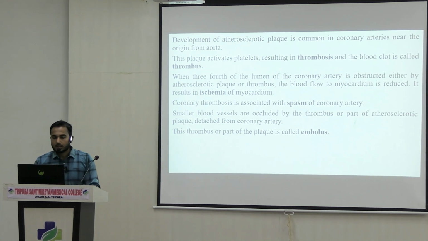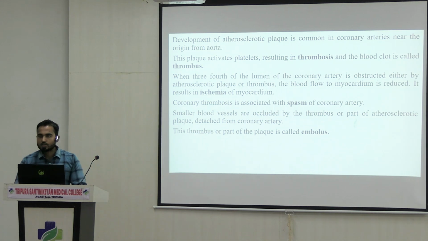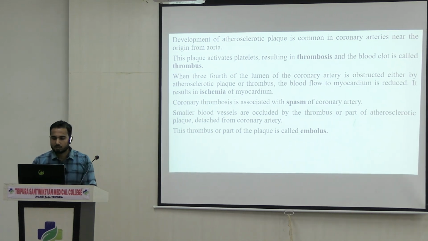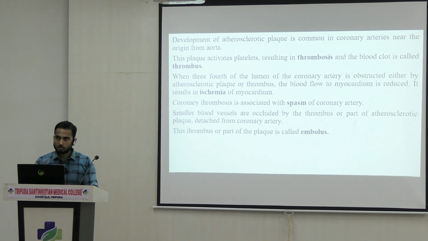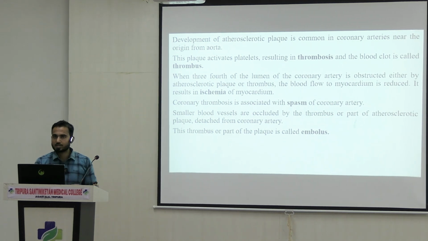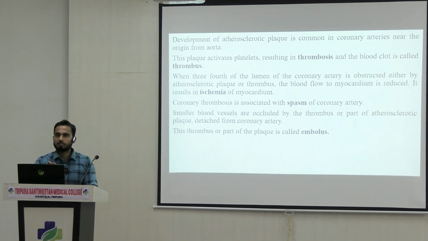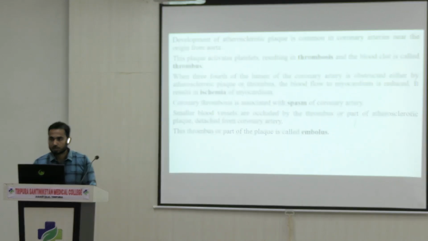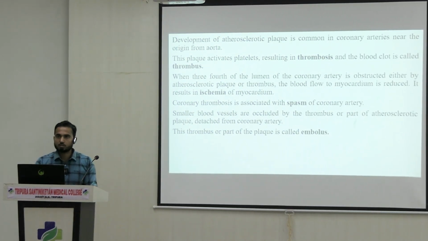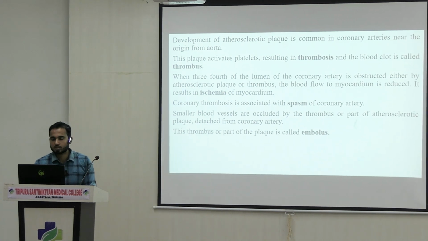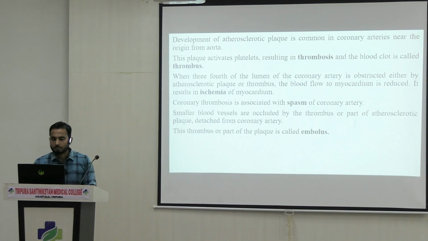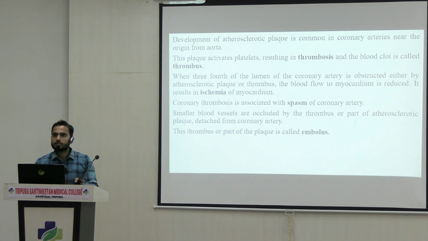Okay. Now when three-fourths of the lumen is obstructed either by the plaque or by the thrombus, two things are different. Thrombus is different, plaque is different. Just now I have shown you how the plaque is formed. Thrombus means when the platelets get activated in this particular area, a clot formation will take place. That formation of the clot is called thrombosis, and the clot which is formed is called a thrombus. Doesn't matter whatever is forming, it will